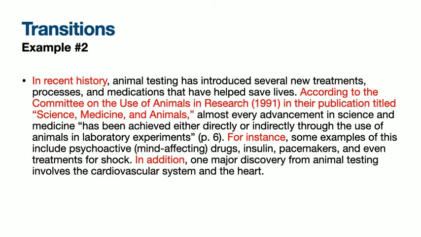Here's another example from a student paper that I received a couple years ago. This writer's talking about animal testing, and she begins with a very simple transitional phrase, "in recent history," which gives us an idea of the time, and then we have a statement, subject and predicate, and then she does this. This is a particular transition that's used in research writing. It's called a signal phrase, where, according to the Committee on the Use of Animals in Research in their publication titled such and such, that signal phrase is a way of giving credit to an article or to an author. It's a form of citing